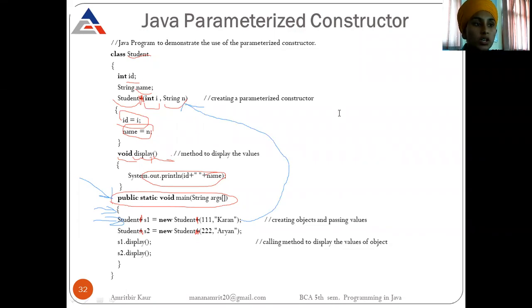Now our object name is S1, and the object has the value ID equal to 101, and the name is Karan.